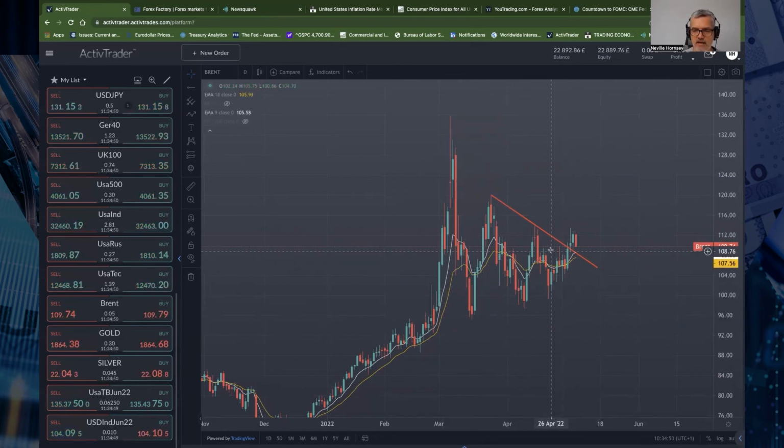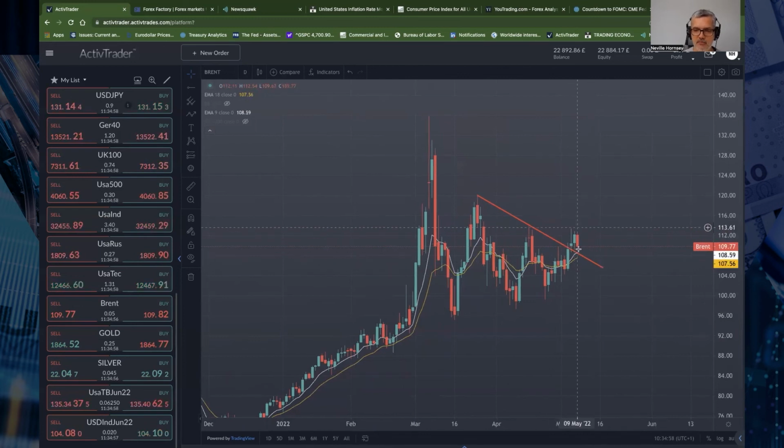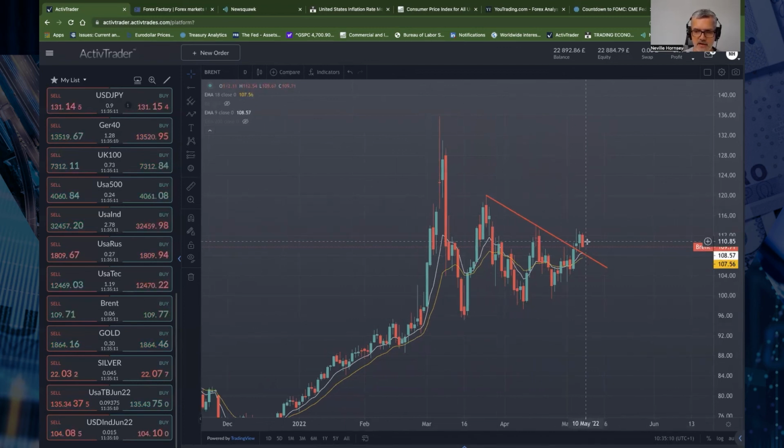So looking for maybe a sideways move up until Wednesday in this Brent chart, and then depending on what OPEC say, maybe we get a move. I don't think this is a false breakout. I think this is more of a breakout, retest, continuation scenario where we head up towards 120. But obviously, I'm not going to trade anything yet until we get past Wednesday's OPEC meetings.